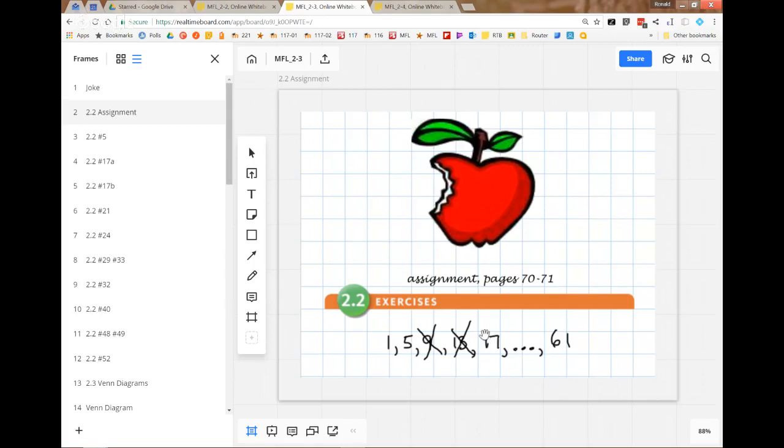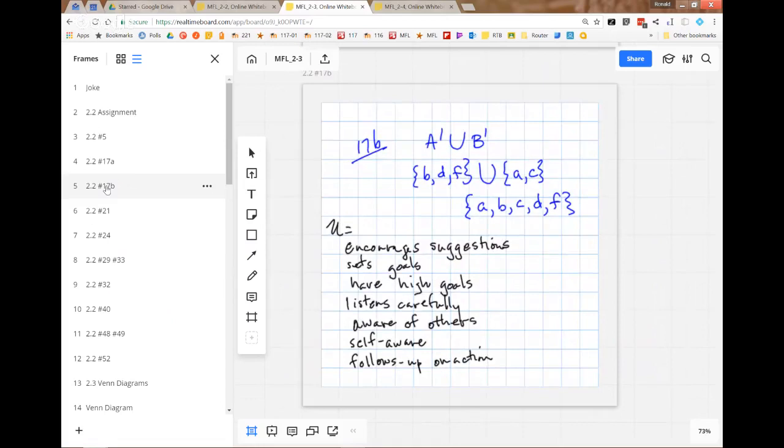Anybody else on 2-2? Well, I had a mark on 17, but I'm not sure if I figured it out. Does this have to be in the union? But which part, A or B? I think B. Let me see. Okay, I don't understand my notes, so we can move on.